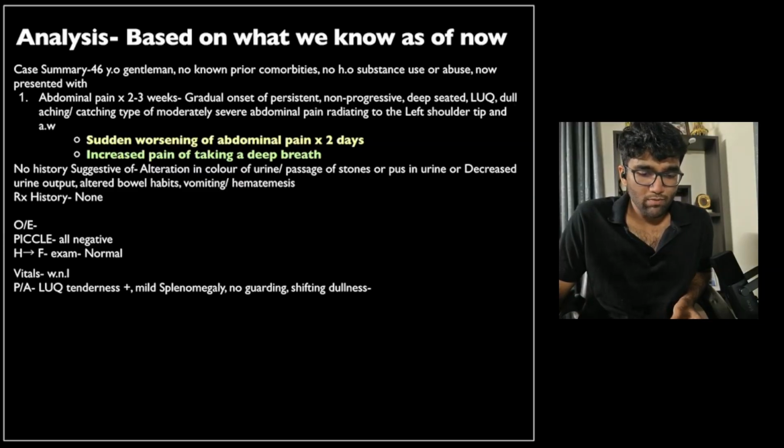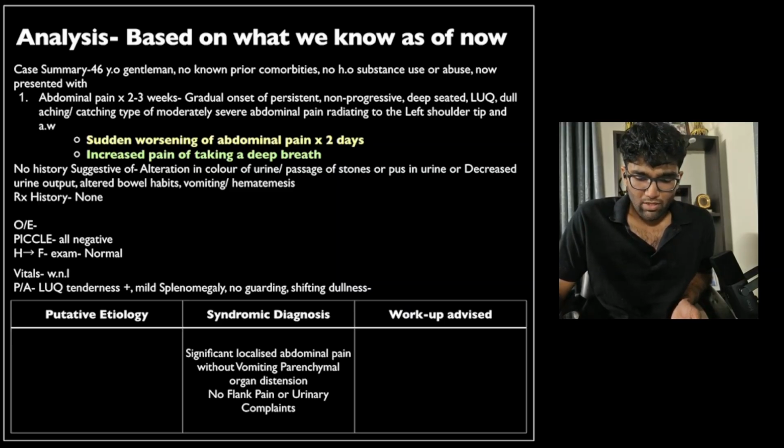prior comorbidities who presented with abdominal pain for the last 2 to 3 weeks, which was gradual in onset, persistent, non-progressive, deep-seated, left upper quadrant, dull aching or catching type of moderately severe abdominal pain, radiating to the left shoulder. The pain showed sudden worsening over the last 2 days, and there was a sharp increase in the severity of pain with deep breathing. So we essentially localized this pain to be arising from either the spleen or the left